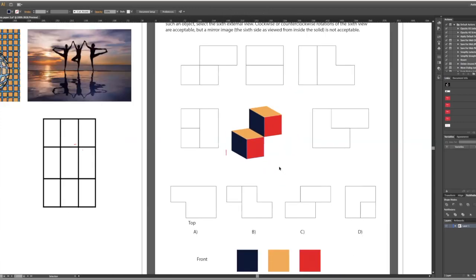Can anyone tell? 2 yellow cubes side by side. So if I look at it from the top view...